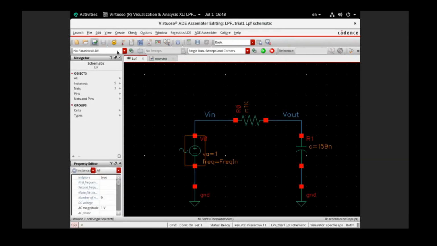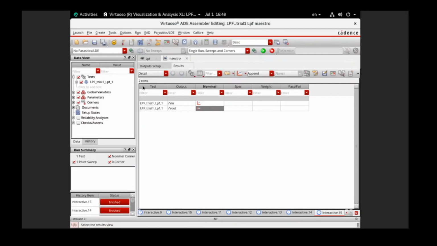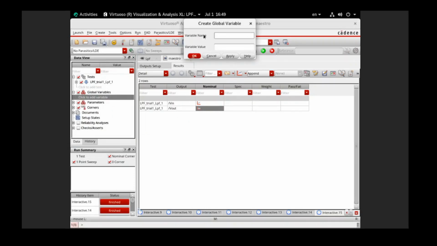First I need to save and check. Go to the master file. When everything is ready, I go to the variable, the global variable, and then I click add variable, and I can add the variable name, which is our frequency in. I want to have 3 cases, so one is 100 Hertz, right? And then we use a semicolon. One is at the -3 dB frequency, which is 1 kilohertz,